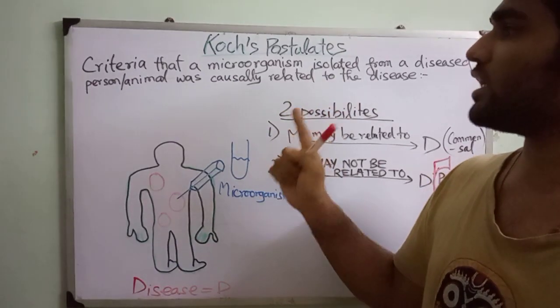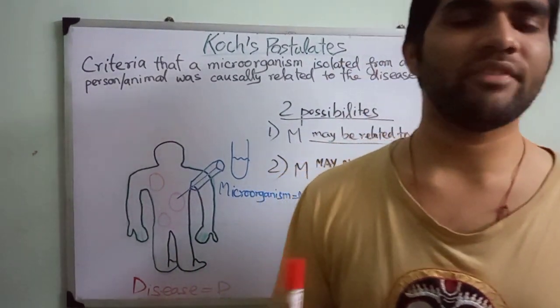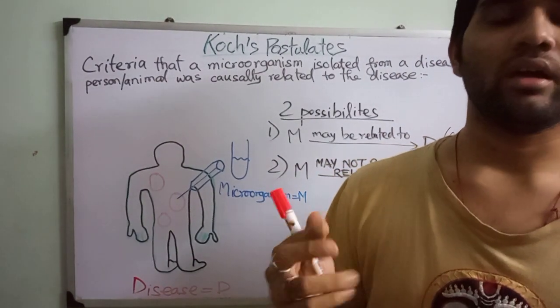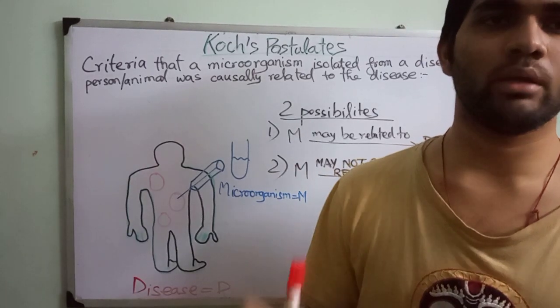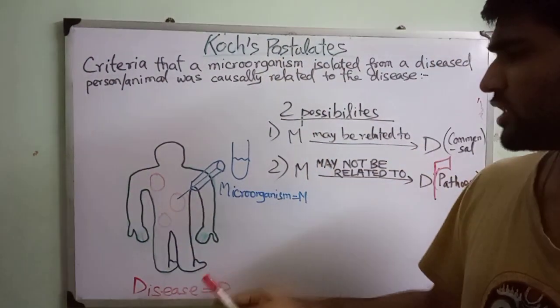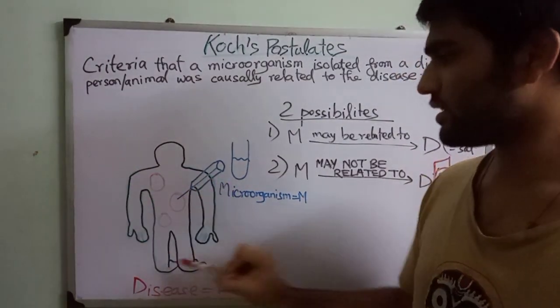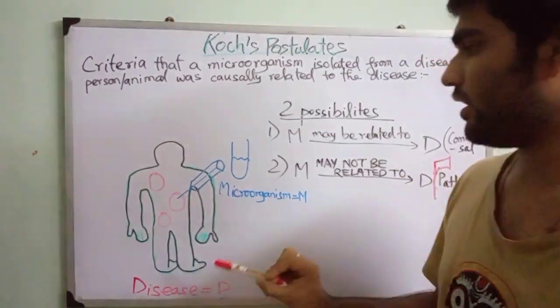Koch postulate: in Robert Koch's time, a problem arose that many different investigators were reporting that a particular microorganism was related to a particular disease. Suppose this is a person, and he has some disease D, and through his lesions,